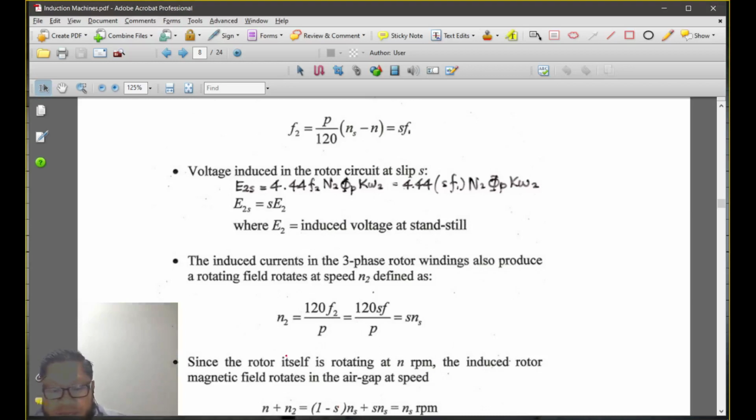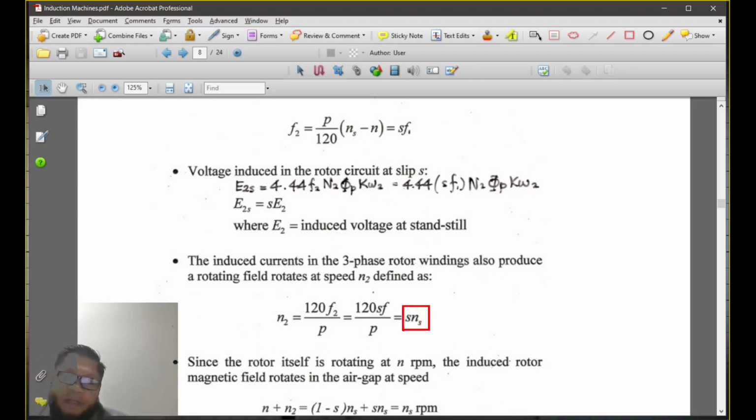So N2 equals 120 F2 over P. If you replace F2 with SF1, so it is the fraction S of the